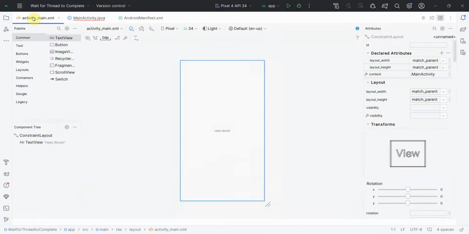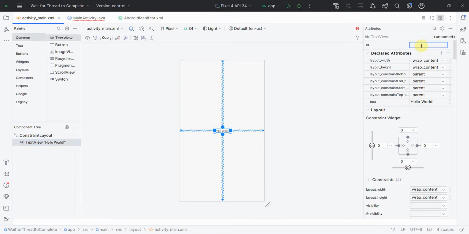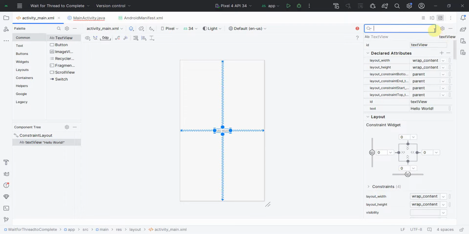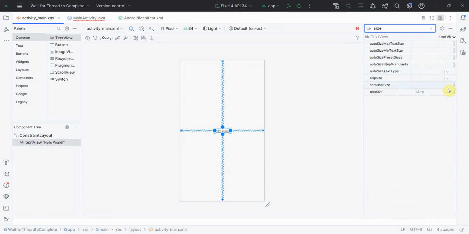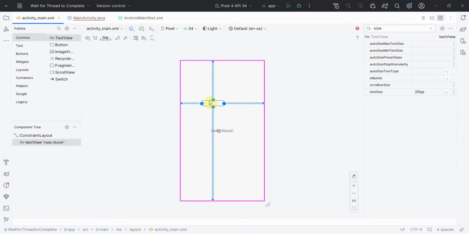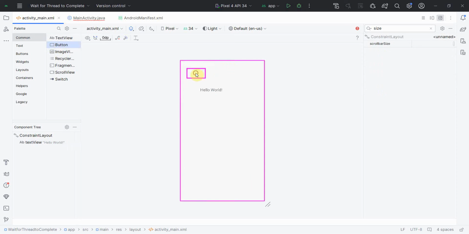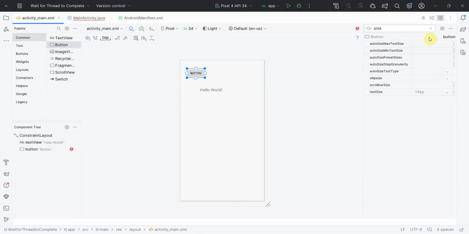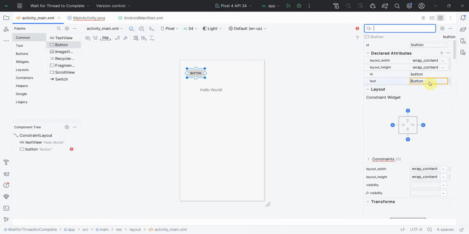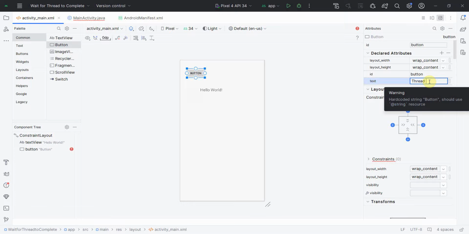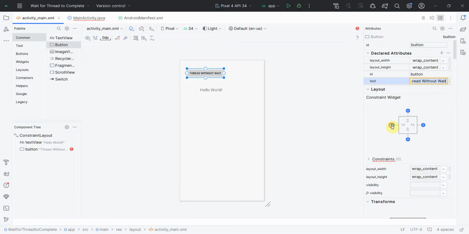I'll go to my design part now, and this is the TextView which I'll use as it is to print my output. I'll change the size from 14 to something bigger, probably 20, and I'll bring it on top also. And now I'll include two buttons. The first button will be, I'll name it like thread without wait, first one, and I'll give some constraints to this one,